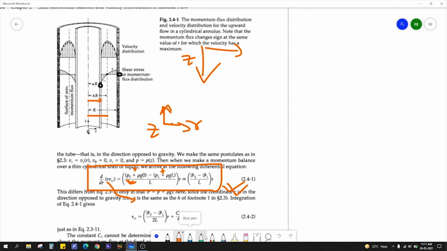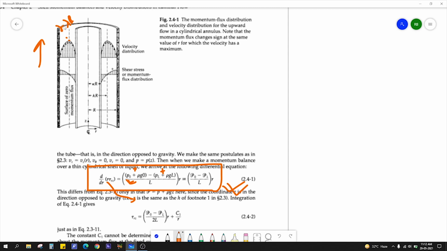Here you can see the profile. Since the velocity is going upward, the maximum velocity will be somewhere here. It will not be exactly at the center, but somewhere in between these two. So here we have the maximum point at lambda r, that is, r is equal to lambda r. You can see it is not exactly parabolic, it is slightly modified because of the ln term. So we'll be having a maximum here also, here also. This is a side view.